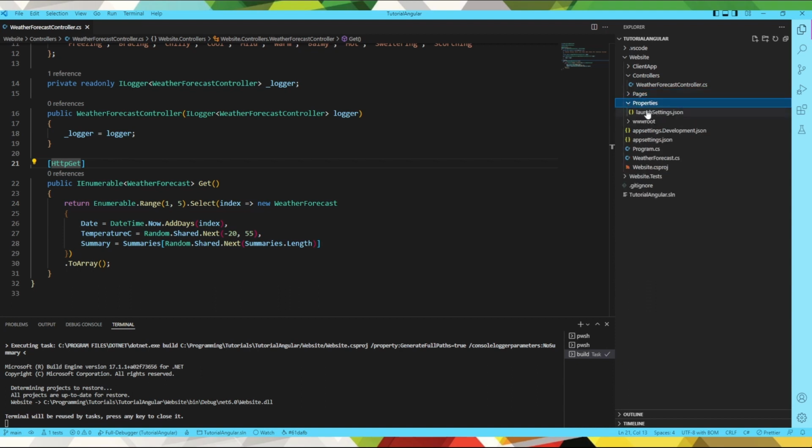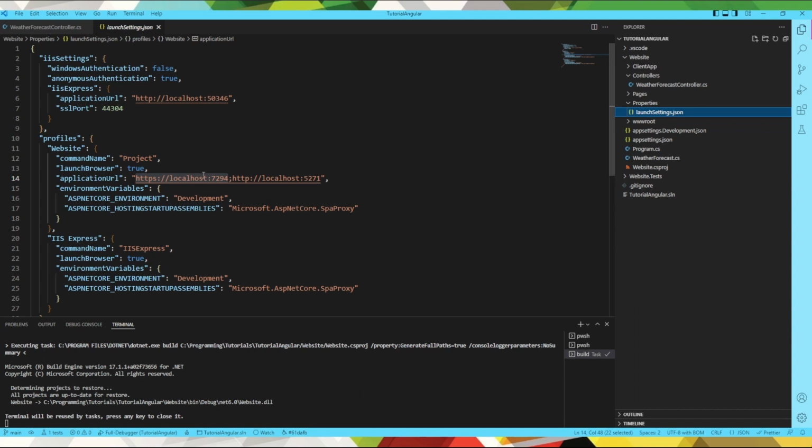We've got the properties. We opened this really quick in the first video just to get our port number. Now for the most part, this is Visual Studio. Maybe Rider uses it too, I can't recall. But it is being used slightly in VS Code. You could delete it, but then you'd start getting different port numbers than the ones that we already set up. So I would just say leave it for now, and just know that this is being used in addition to our VS Code